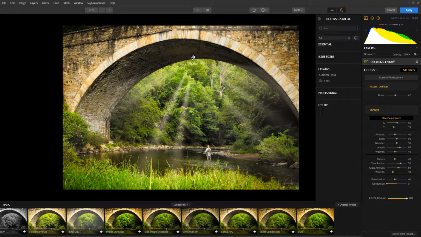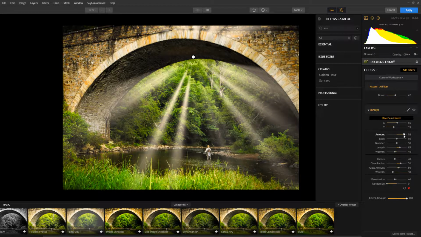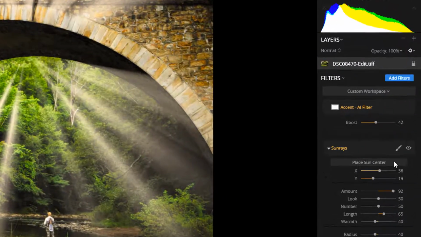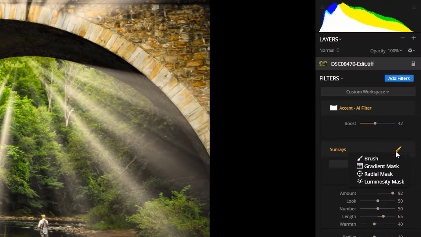Now, let's go ahead and crank these up so you can really see them. And you can see that the sun rays are showing up at the top of the bridge, which I don't really want. Okay, so all the filters in Luminar come with a mask pre-built in, and you can actually paint the effects in and out. So we want to paint out the sun rays at the top of the bridge here. So this little brush tool here, click on brush,